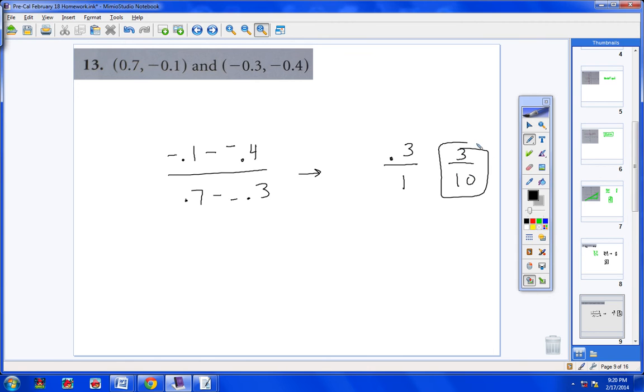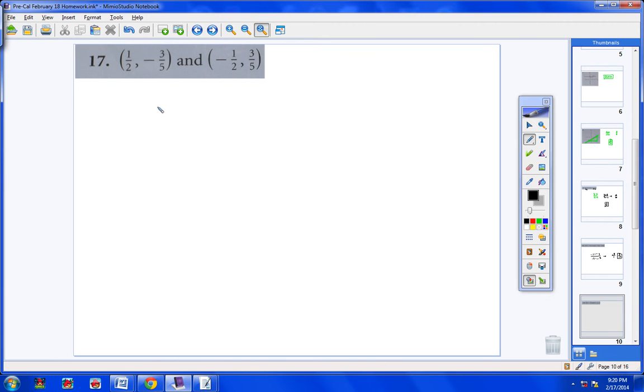So the slope of this line is 3/10 or 0.3. Moving on to number 17. Okay, y minus y. Here's your first y. Here's your second y. So we're going to have negative 3/5 minus 3/5 all over. Here's your first x. Here's your second x. So 1/2